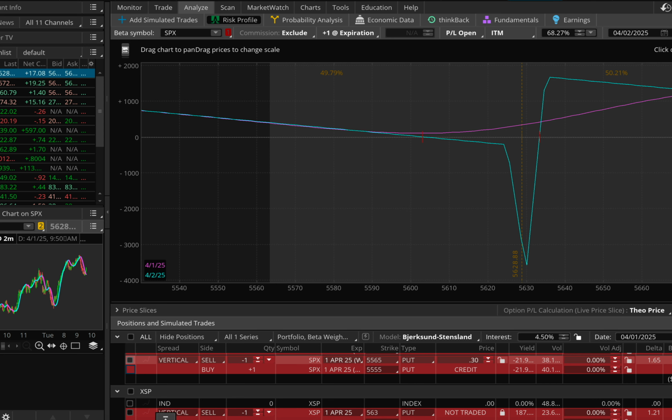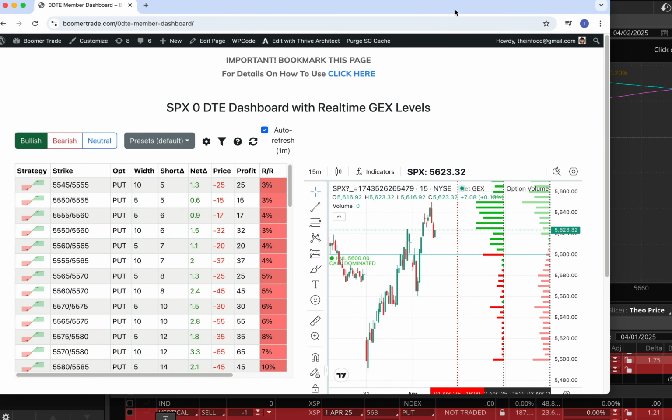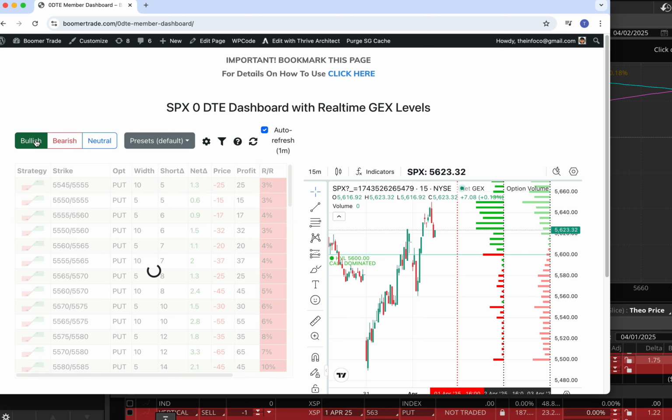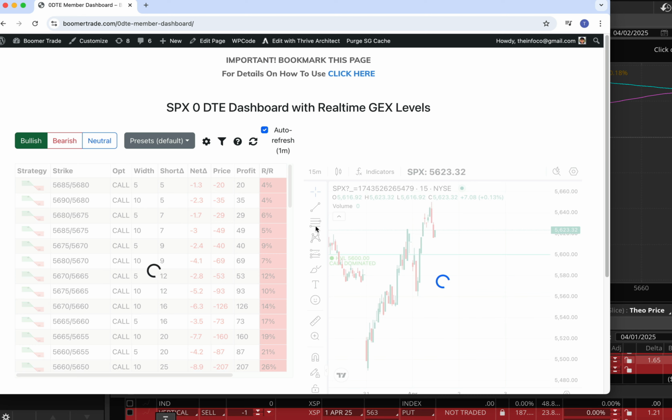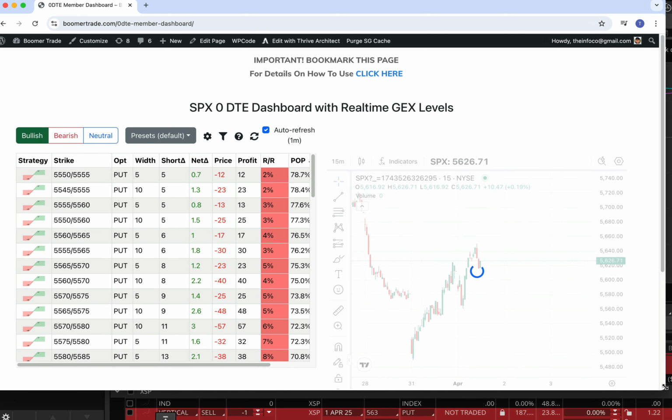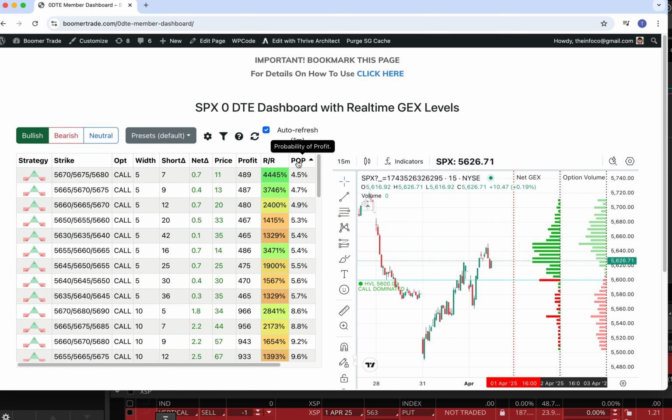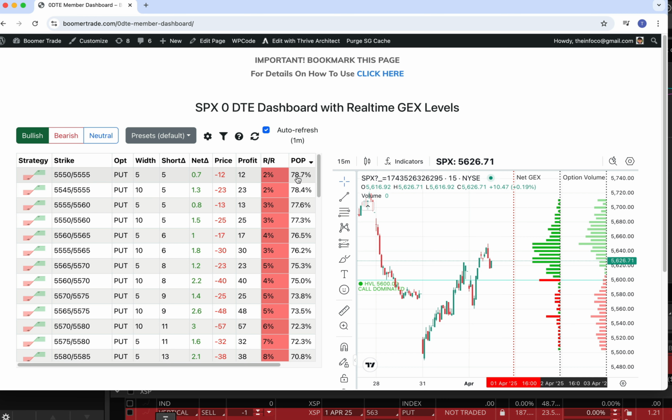So just quickly see what my options are, what kind of trades are out there for that. I just come over here to bullish. I click on the bullish tab. I come over here, looking for pop. I click on pop and I sort by pop highest number, and then you can see that these are like far out of the money credit spreads. And what I'm looking for is one with a super high pop percentage and a profit of $50